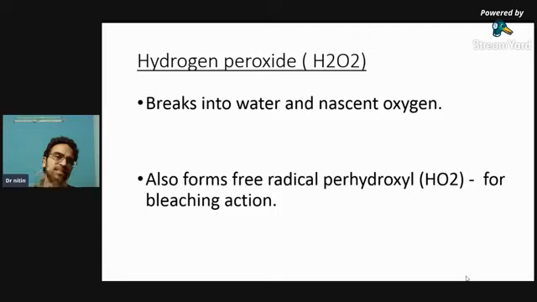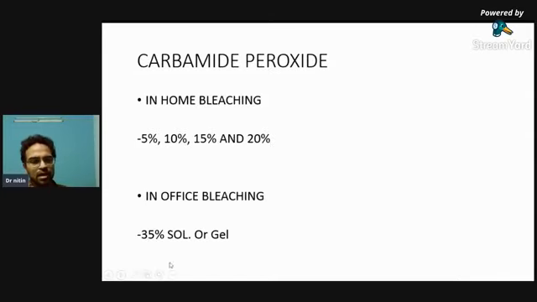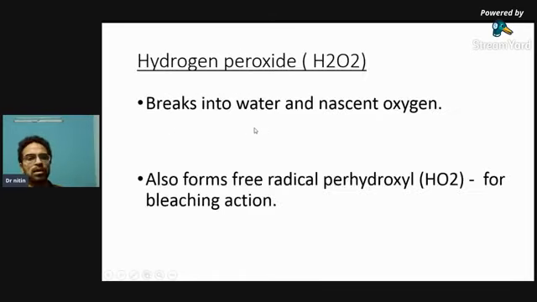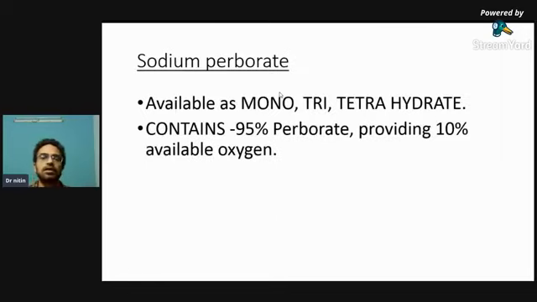Now in the components, just remember hydrogen peroxide is there, which is usually taken in a concentration of 35%, in the form of solution or gel. Okay, so carbamide peroxide 5% to 20%, and hydrogen peroxide, we usually perform procedures in office in a high concentration of around 35%, which is the most commonly used. Yeah, next. So we were just focusing on home bleach and in-office.